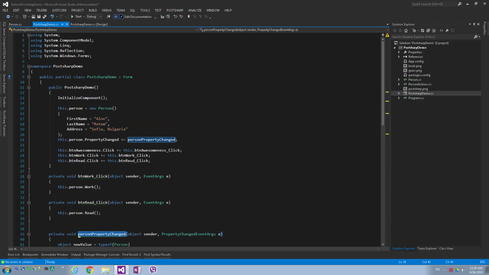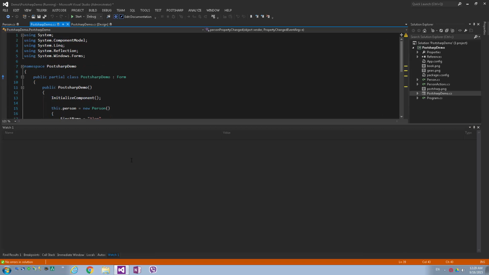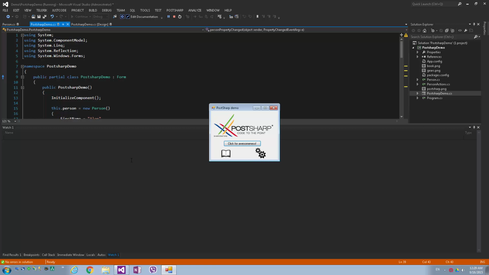So let's first see how it runs. Here it is. So when I click the awesomeness button, I'm going to change the address property, and this will trigger the INotifyPropertyChanged. And I'll catch it and show a message box. Here it is. Great. Now if I click the read image, I get the read property, the action property changed to read. And if I click the work,